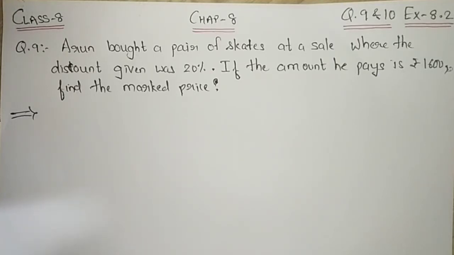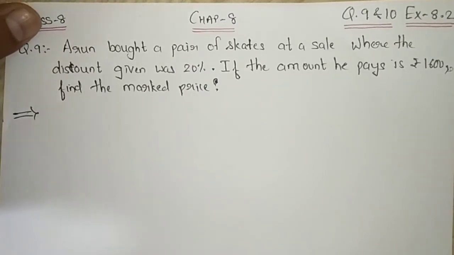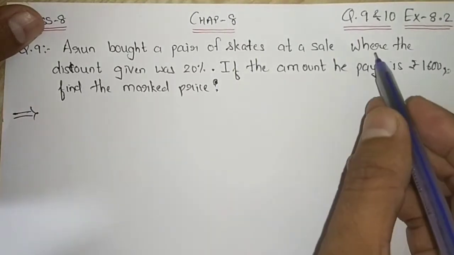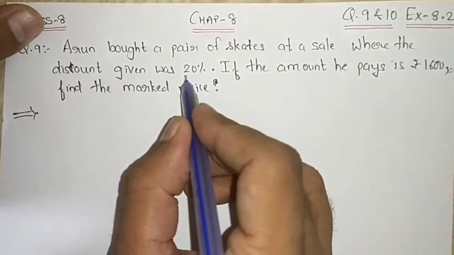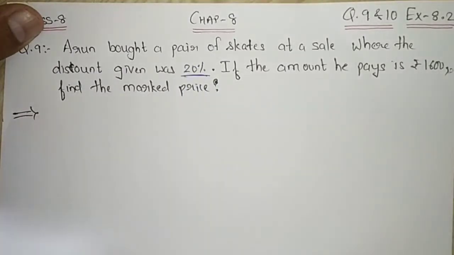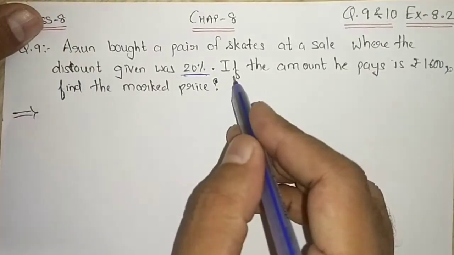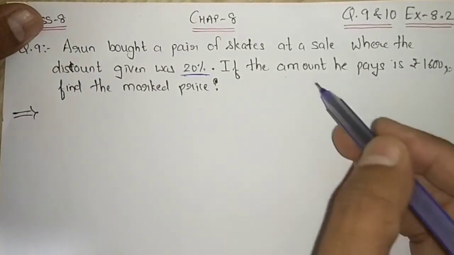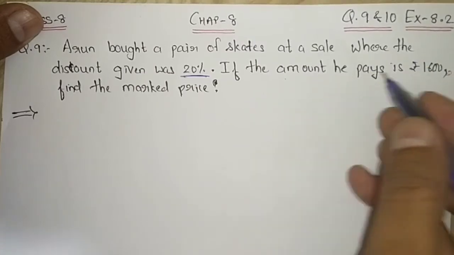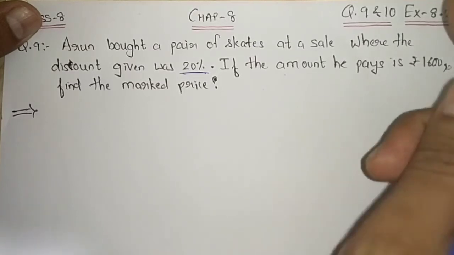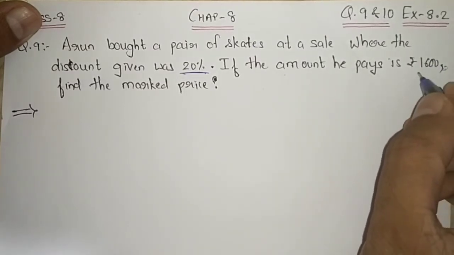Arun is one guy who went for a sale. At the sale he bought a pair of skates, where a discount of 20% was offered. That means they have given us the discount percentage. If the amount he pays is rupees 1600, the amount which we pay is the shopkeeper's selling price, right? So SP is given here,